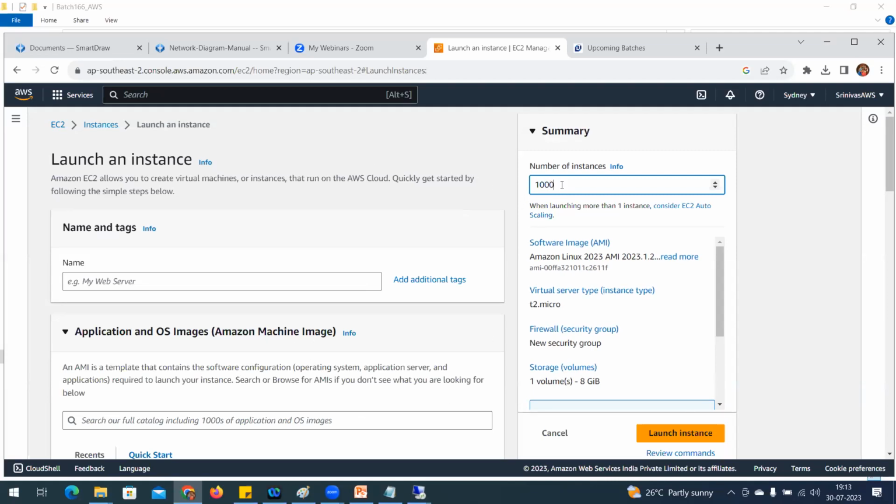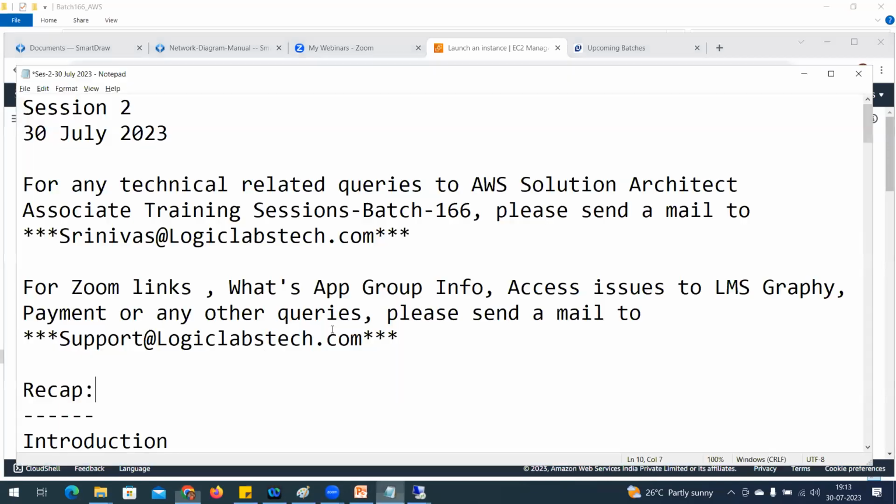The same, forget about 1,000. Ten servers you need to deploy: how you are going to procure, how you are going to install, how you are going to configure, how much time it is going to take to configure those 10 servers, all those things are going to matter. In cloud, it is a fraction of minutes. All the servers will be up and running. You just need to get the details and connect. Right? Okay. Let's move on to the theory part.